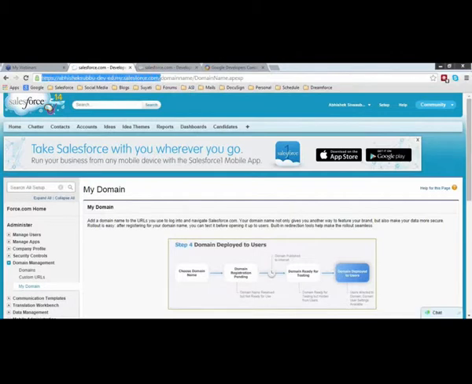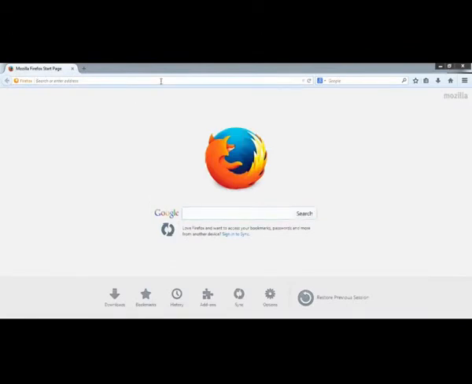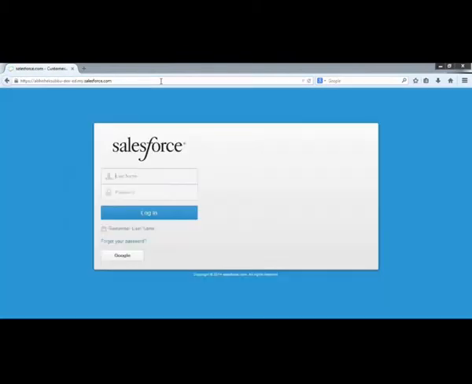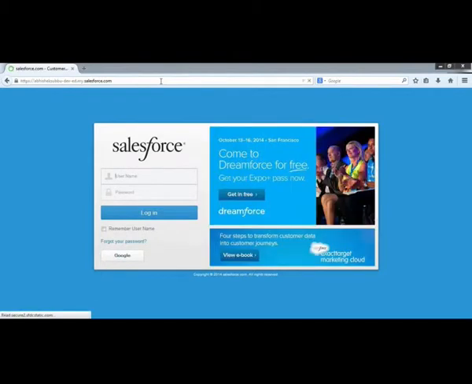let's use this domain URL, which is Abhishek Subbu dev-ed, and I'll just try to use this in my fresh Firefox session. Okay, and I hit enter, and I'm just presented with the default Salesforce login page. But here you can see a difference. There is a Google button also out here, right? So the users are given two choices now. Either you can use your Salesforce username and password to log in, or you could use your Google credentials to log in. Okay, let's try out Google.